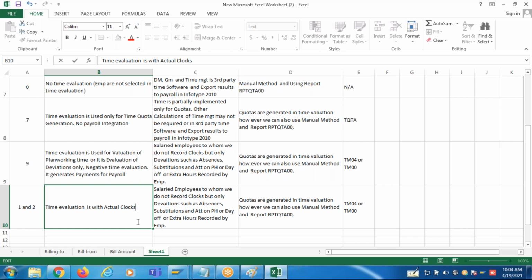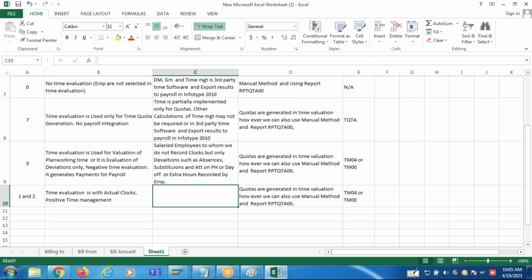So this is also called positive time, and a very complex module. Also called positive time management. Time evaluation with the actual logs, time evaluation with the positive time. Time status 1 and 2 is used here.